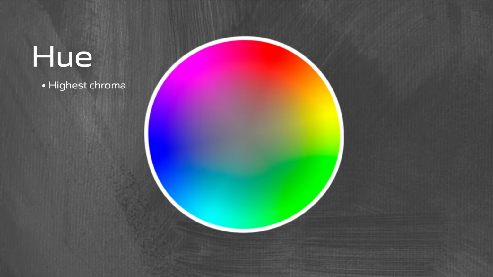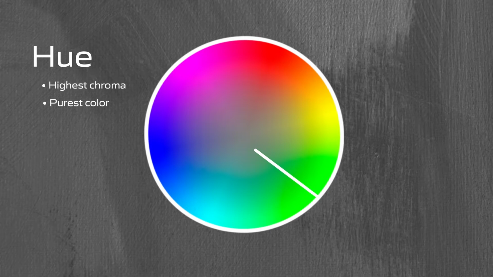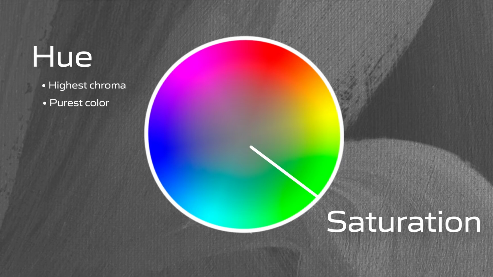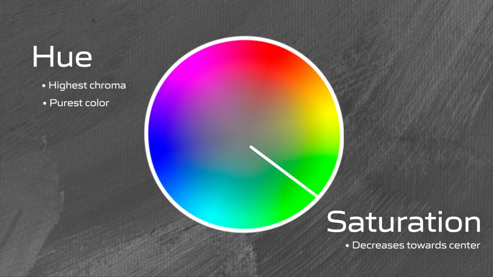The reason I have this colored globe is because color is 3-dimensional. A color wheel is 2-dimensional. Basically, you're gonna have your hue on the outside perimeter, and it's also gonna be your highest chroma, your most intense, purest color. And as we move inner in the wheel, we can see that our color becomes less saturated. It becomes lower in intensity and more muted, closer to a neutral. So if you're asking yourself, well, where is brown and gray in this equation? They're going to be closer to the center of the color wheel,